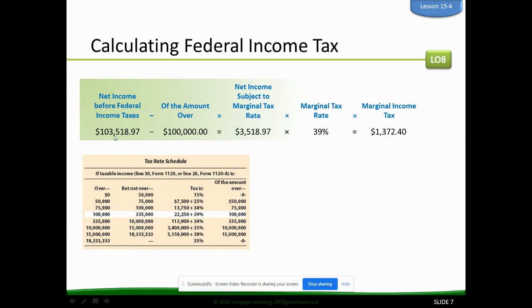So we had a little over $103,000. We're going to take that number minus 100,000 because that's the total there, and we get 3,518. We're going to multiply that by 39%, and that gives us